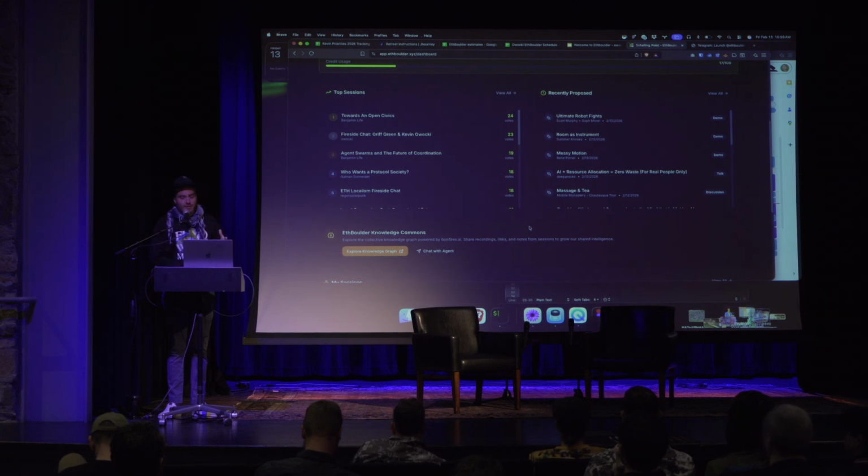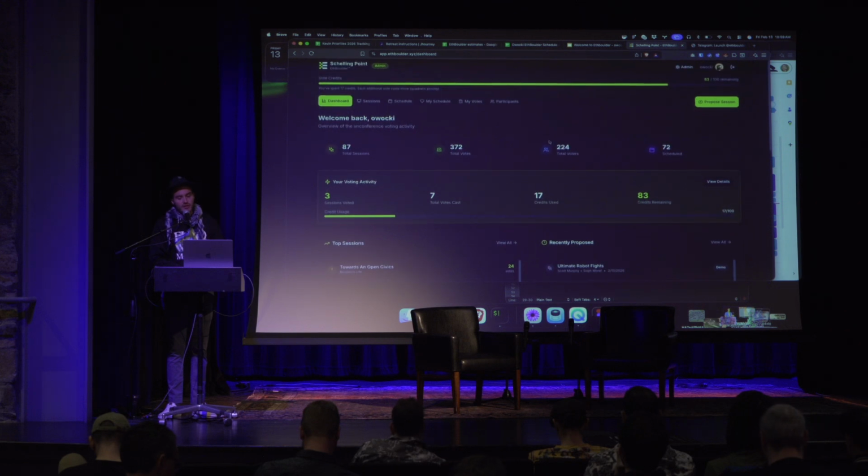So we've created this app as a working prototype of how unconferences and quadratic voting could work together. There will probably be bugs. Please share them, there's a Telegram channel for bugs inside of the main public chat. And it's just been so fun to already watch these 87 sessions start to come in and people actually start to use it. So excited to see what you all do with it. And if you have any questions, please let me know.